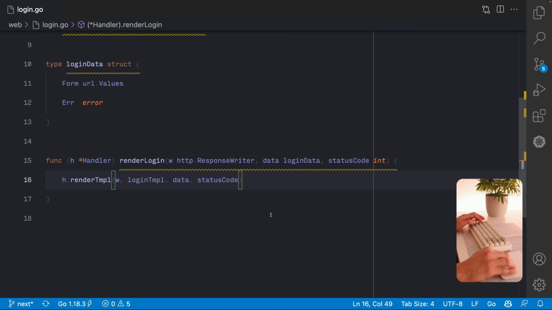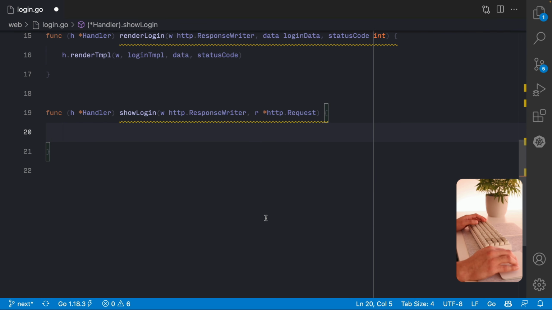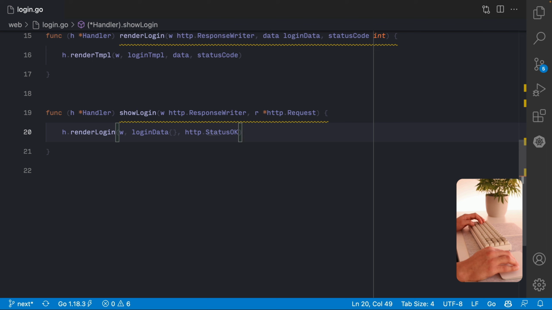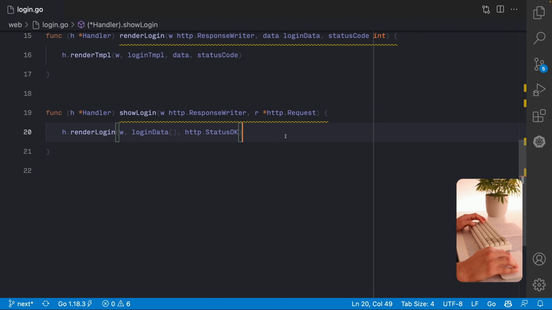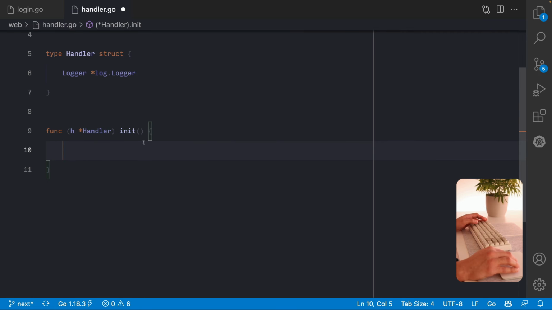There we go. Now we need a handler. Our handler is basically gonna call the render login function with some empty data and a 200 status code. Now we need to register this handler into the router. We're gonna init all the routes here.